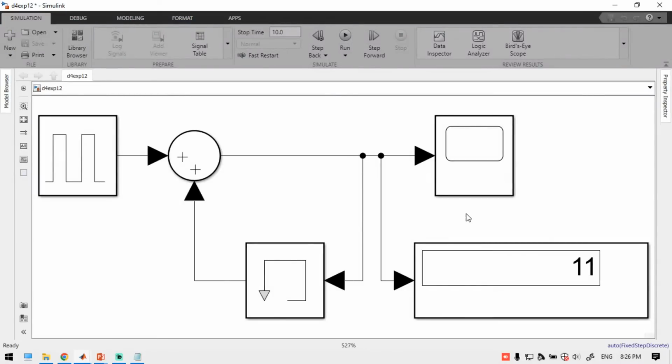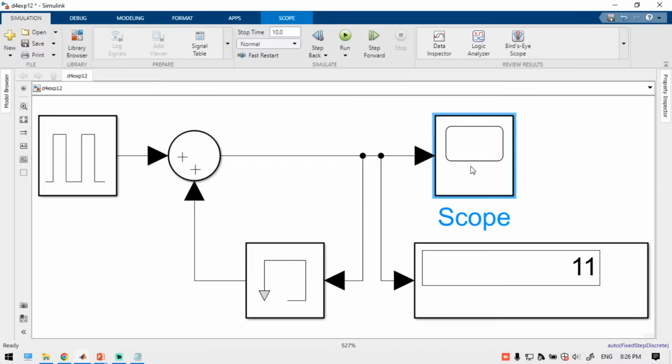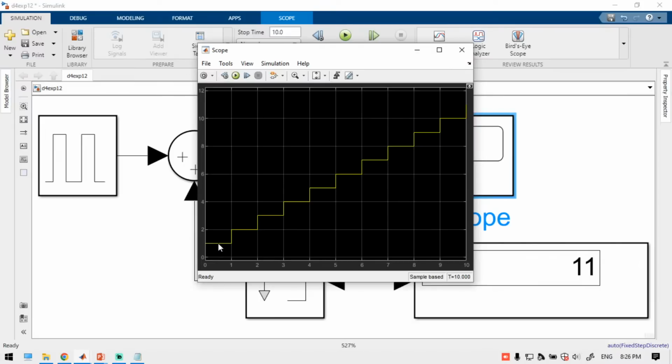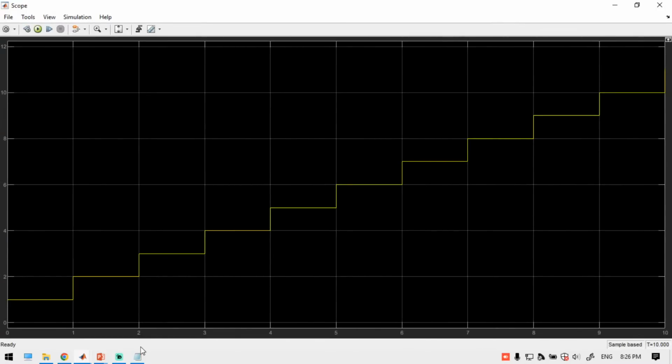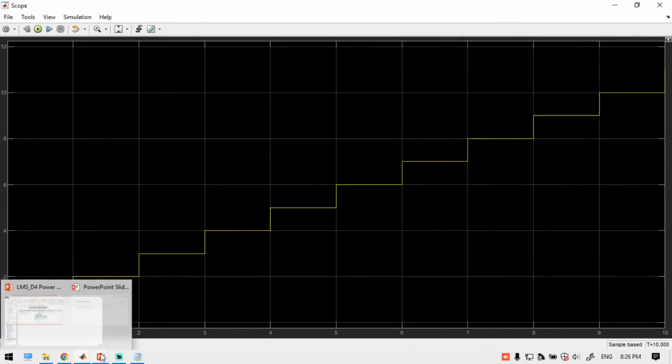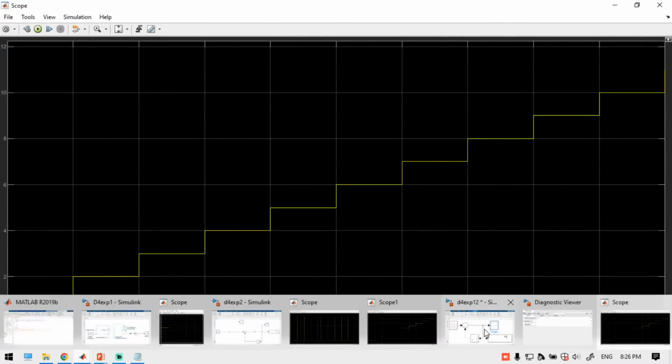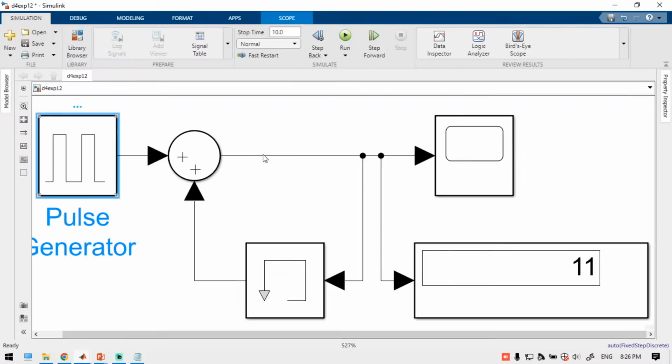See here, the counter: initially the first pulse has been included, and then the second pulse, third pulse, fourth pulse, up to the 10th pulse. The square pulse is a continuous signal. Since we are running for 10 seconds, if you run for